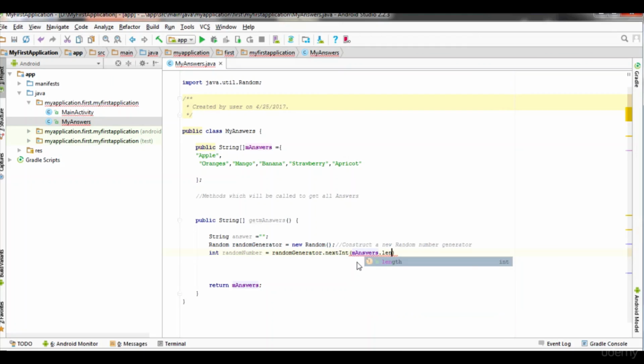My next line will be: now this value of random number will be stored in the answer variable, and finally we will return the answer variable.